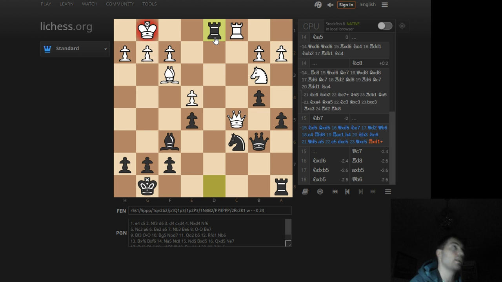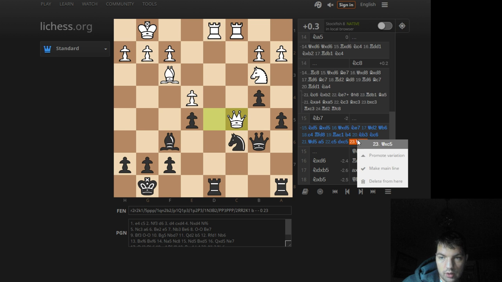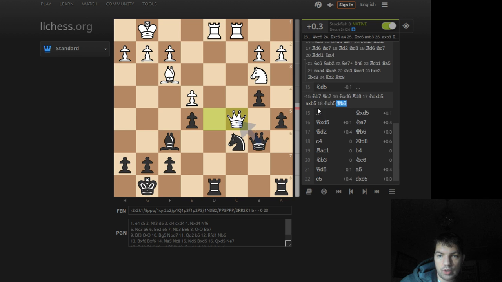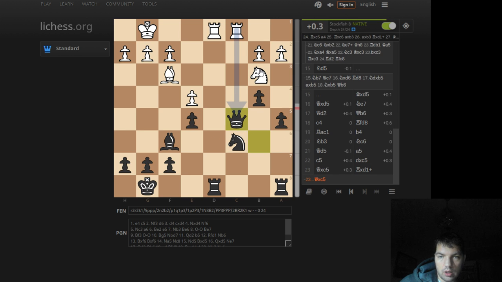I sat there for 10 minutes. I thought to myself, if I do the right recapture, if I do the right capture, I will manage a draw, and it's actually totally true. So let me show you how you draw this. So if I take, knight takes is just a disaster, right? If he takes with the knight, I get d4 for my knight, and that can't be the idea. So he needs to take with the rook, and now instead of